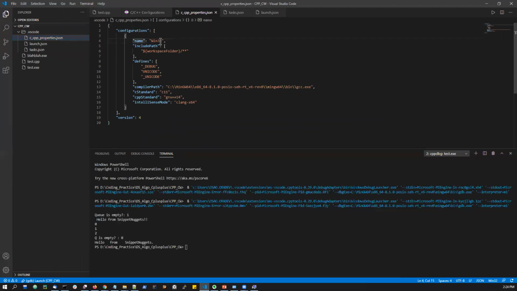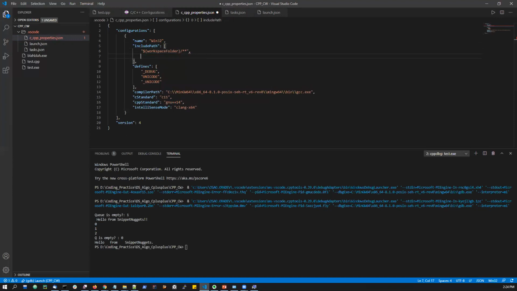So this file is generated, and here are some points to be noted. The name, you can name it anything you want. Include path: what the include path means is that this is the path from which an executable or the header file should come. So in some places, some of the header files are not found, and in those kinds of errors you have to include those paths also here. For example, let us say some of your header files are coming from